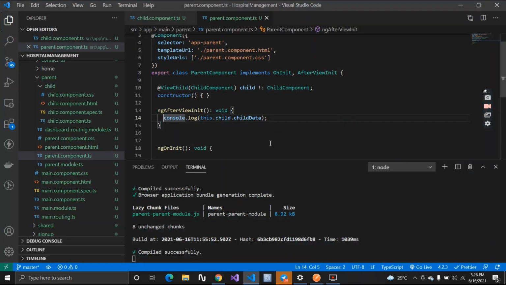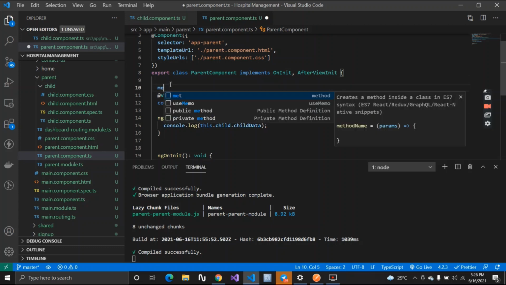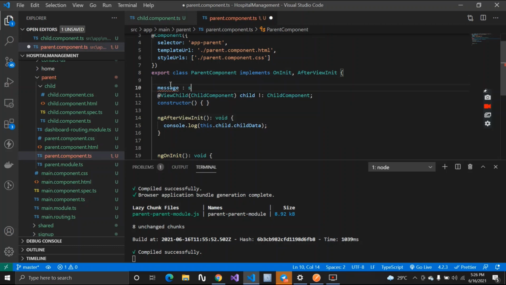Let me interpolate this in my parent component. Let me have a property called message of type string.